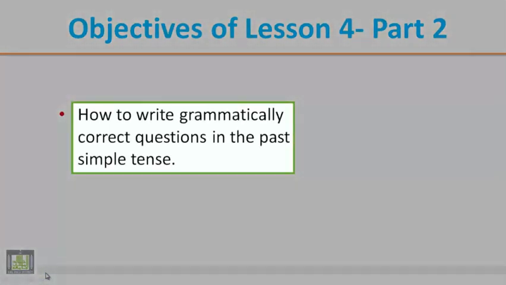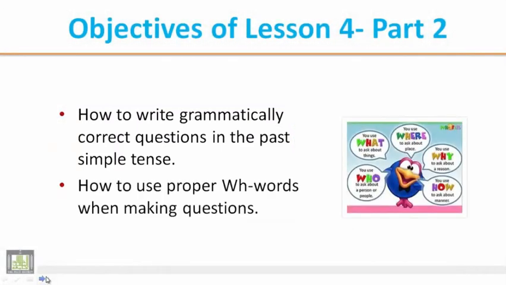Number 1, how to write grammatically correct questions in the past simple tense. And how to use proper WH words when making questions. As you can see here, we have what, where, why, how, and who. All of these are called WH words,